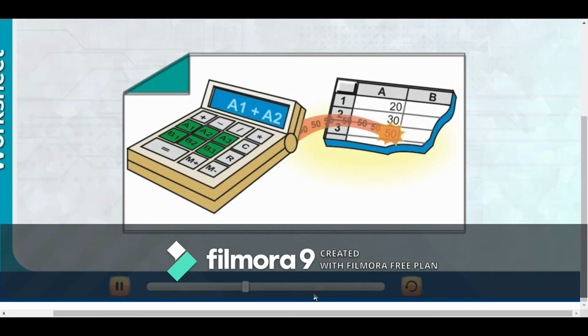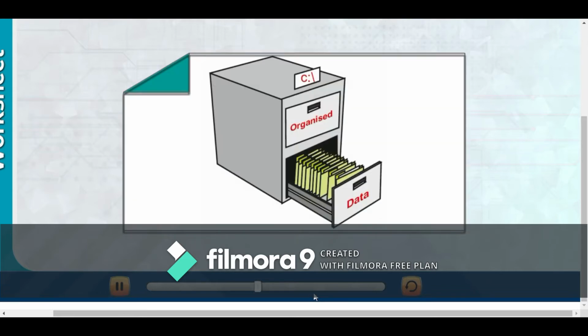Now I will tell you the uses of Excel. First, it is used for manipulating numbers. You can use Excel to perform any kind of mathematical calculation, like quickly tallying your marks in an exam, calculating the average of your total marks, etc. Next is organizing data. You can also use Microsoft Excel for organizing data. The row and column format of an Excel spreadsheet is perfect for entering many types of data you need to track. After entering the data, you can perform various sorting operations to control how the data is listed.